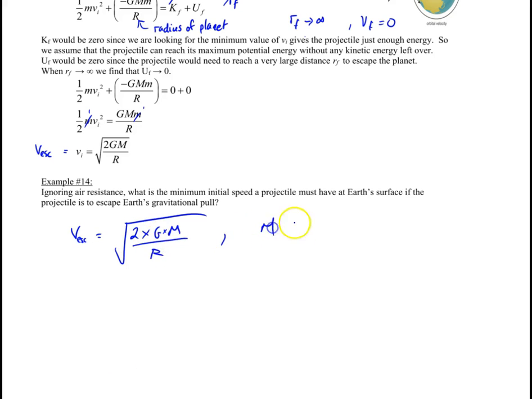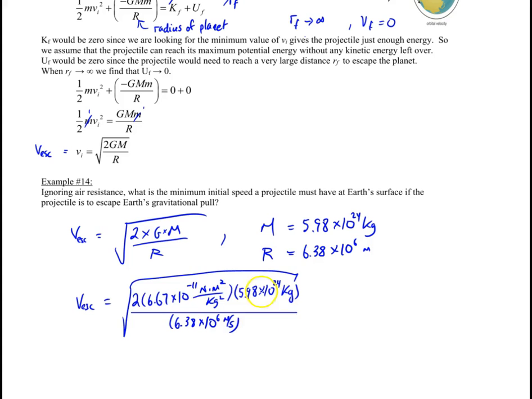In this case, M would be the mass of the planet, which is 5.98 times 10 to the power 24. That's what you would need to look up. You would also need to know the radius of the planet. I'm assuming you're firing the rocket from the surface of the Earth. That's 6.38 times 10 to the power 6. And then you just need to substitute that in. And there we have all the substitutions. Notice I have to have the mass in kilograms and the distance in meters. And then we get an escape velocity of